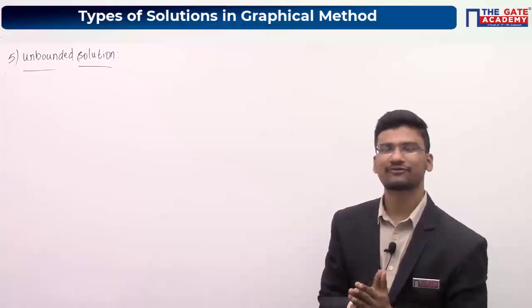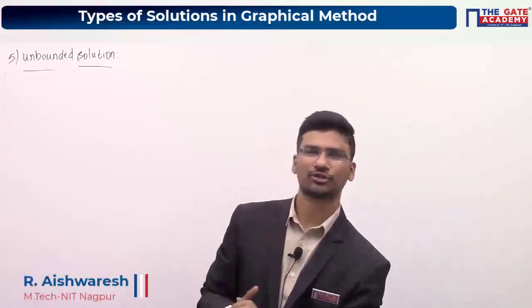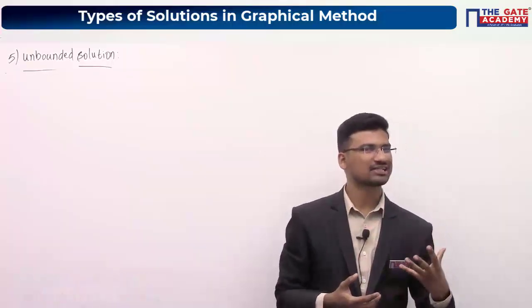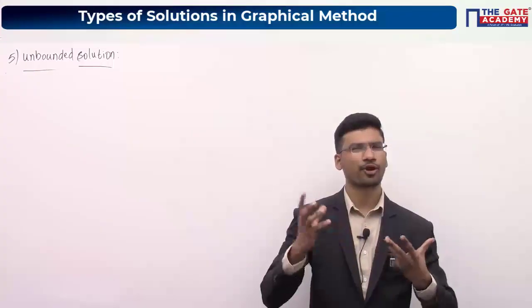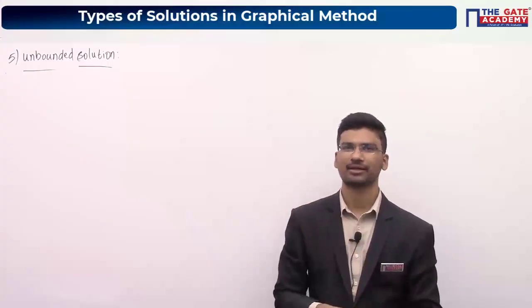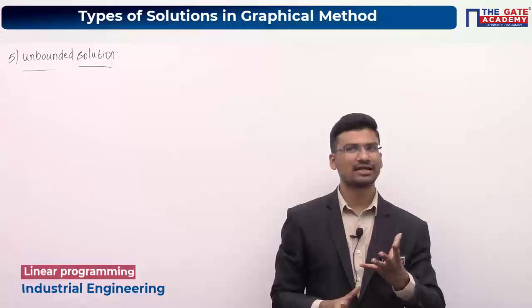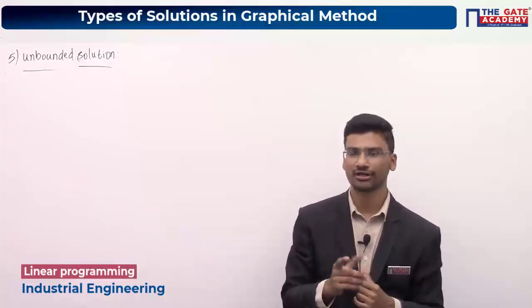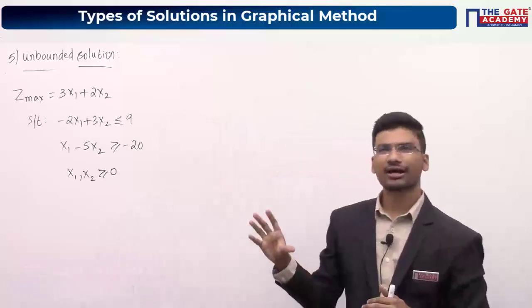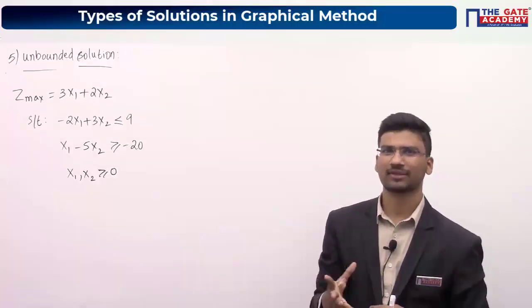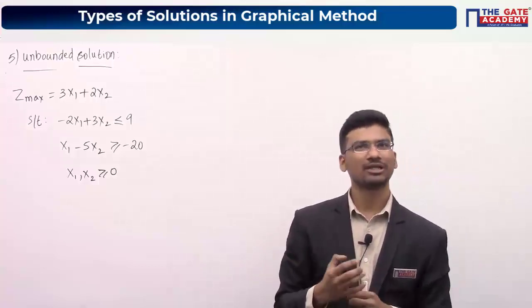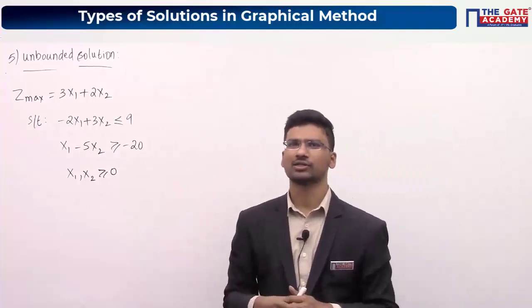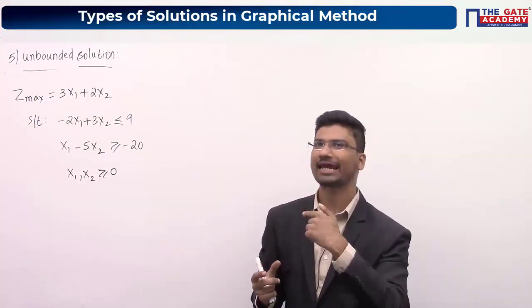Has anyone got the answer for the maximum value of the objective function? You should be very careful here, because some of the points will be on the negative x-axis, I guess. So you have to understand where we have to consider the region satisfied by the constraints. Any doubt regarding this particular question? Maybe you might have been stuck at some point, so please ask your doubts. Maybe you will be getting some points on the negative x-axis.